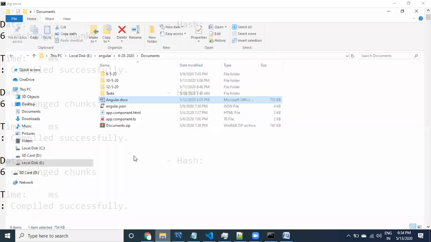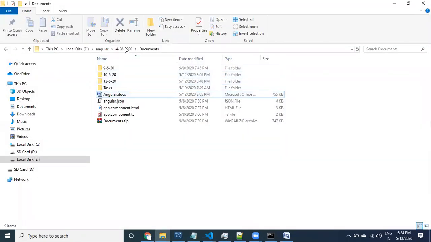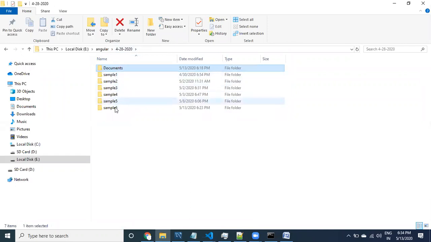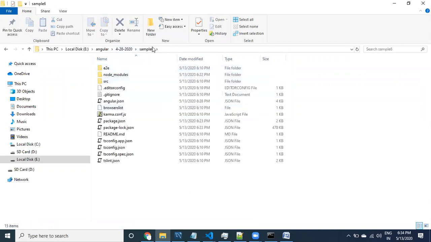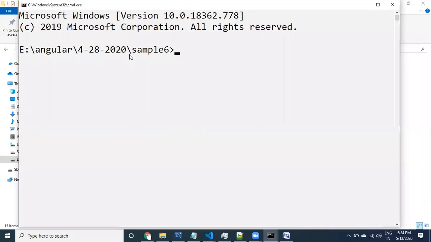I just want to go to the same location, the sample application, in which you want to create the component. Here I'm going to open another command prompt. See here, guys, in one command prompt the server and application are running, and in another command prompt,